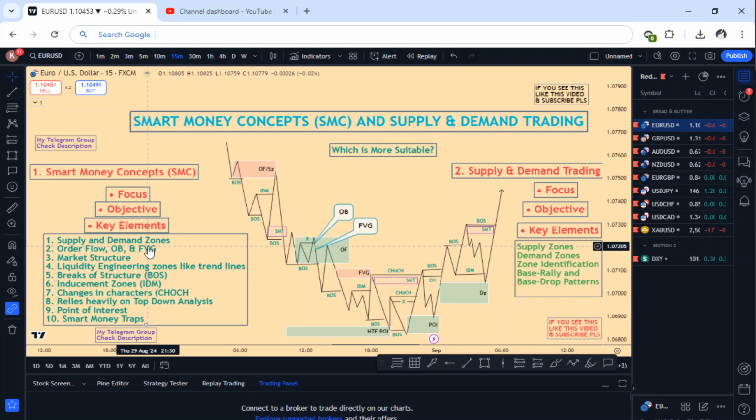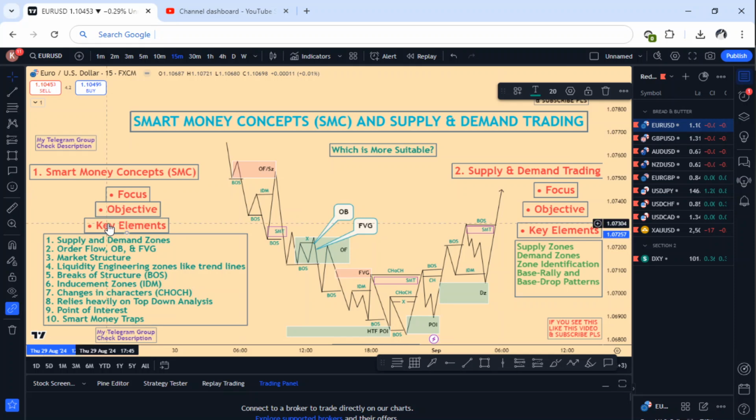Order blocks: specific price levels where institutional buying or selling took place. These are identified by sharp price movement, as price moves away from a level, indicating that smart money has entered the market. So there are so many here, and I can offer several definitions. So just about supply and demand, which is also part of it, by the way. There's order flow, order block, and fair value gap, market structure, liquidity engineering zones, I've said, break of structure, inducement, change in character, CHoCH,